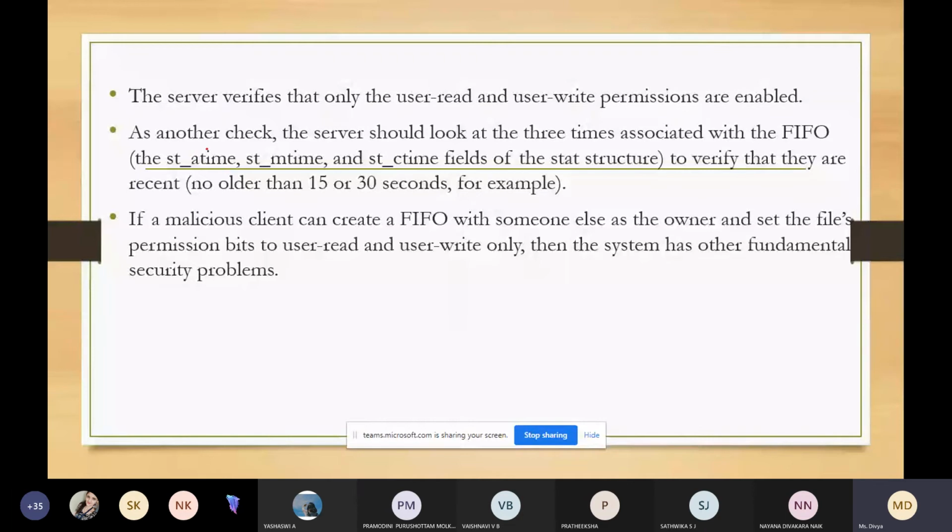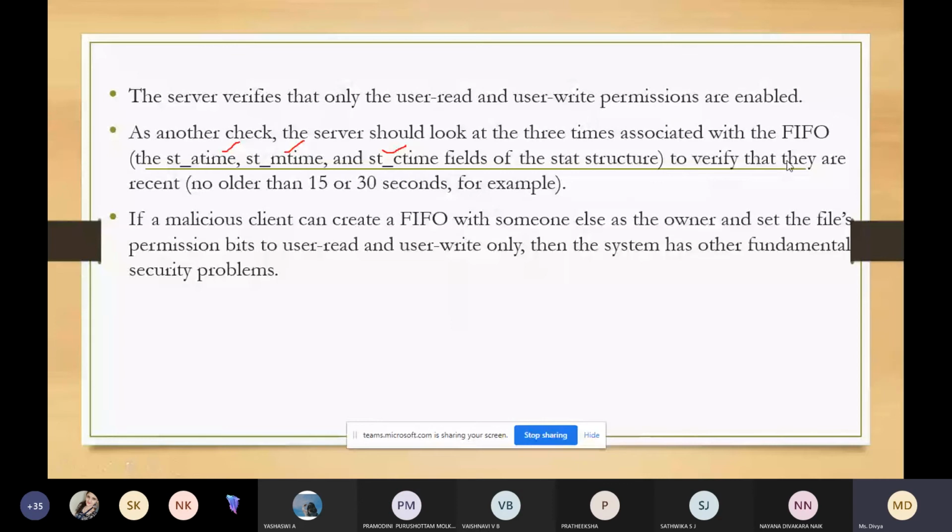As another check, the server should also look into the three time fields, when the FIFO is created and when it was last modified, to verify that they are recent. Why does it have to check this time information?